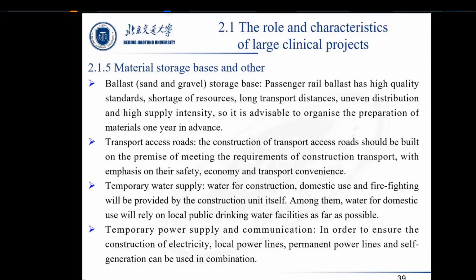Temporary water supply. Water for construction, domestic water, water for fire, and water for construction vehicle will, in principle, be solved by the construction units themselves. In the case of inconvenience in use of public drinking water,